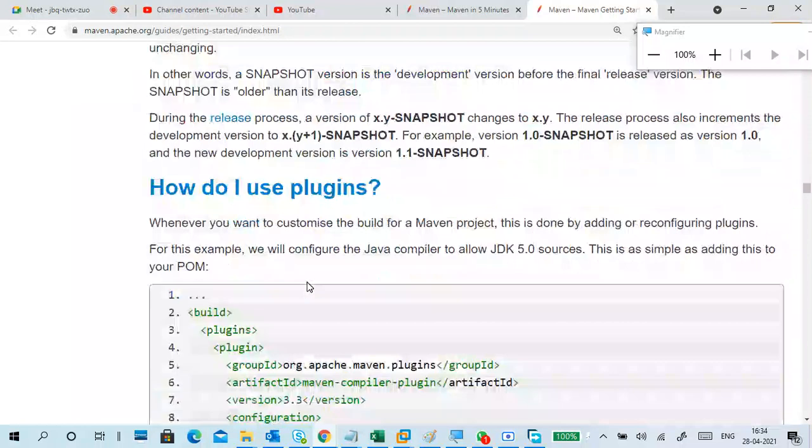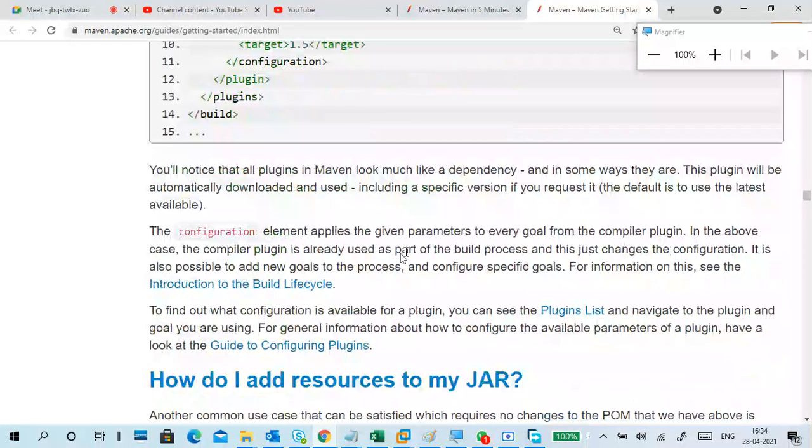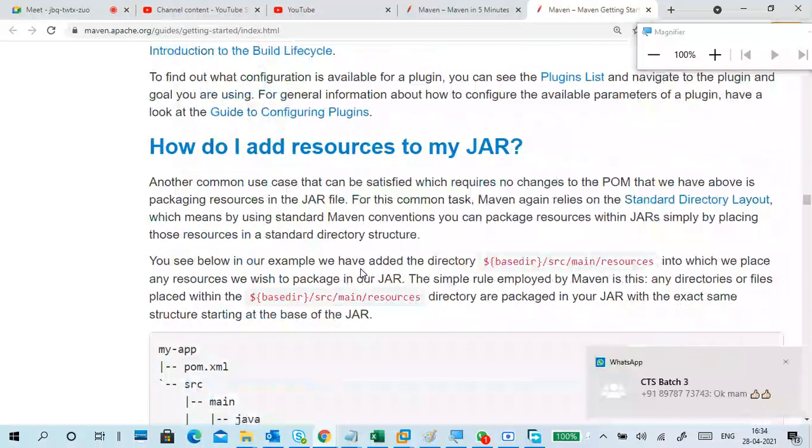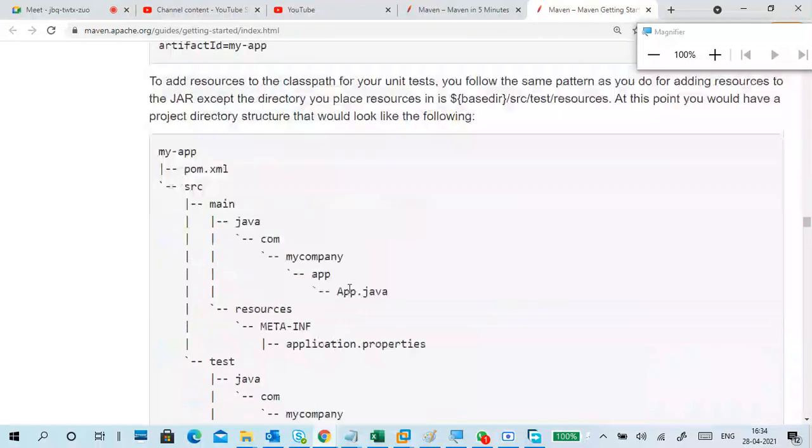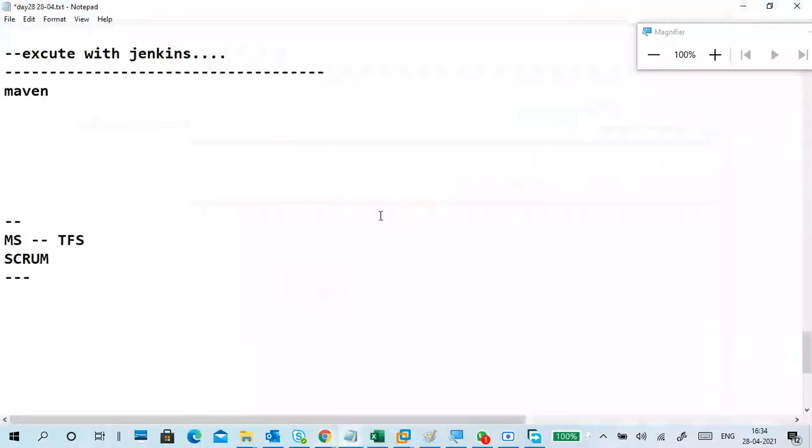So these are the things available. If you want to build a jar file or war file, you can use them. Actually, I have a working one on my PC also. Is it downloaded? Yeah, downloaded.